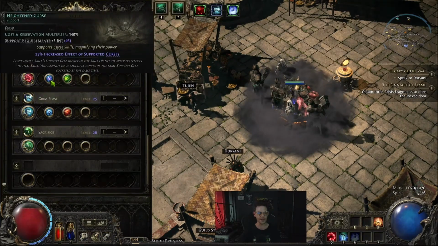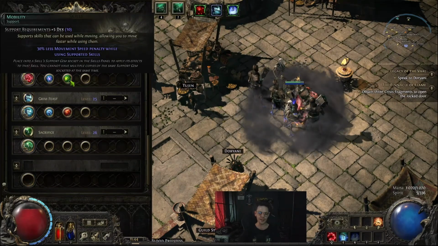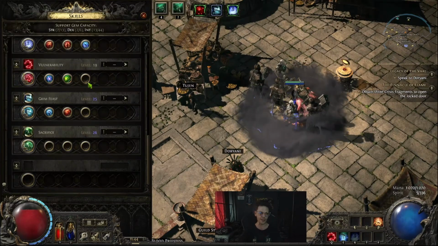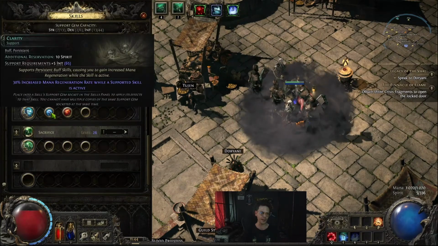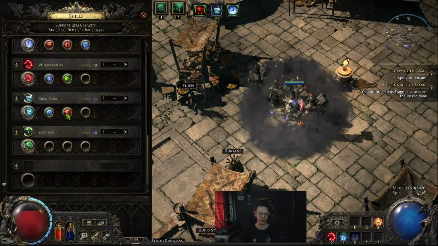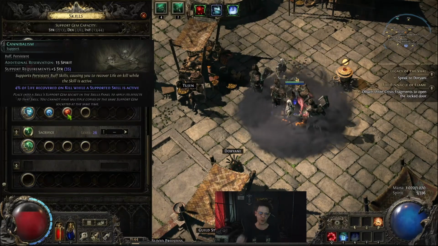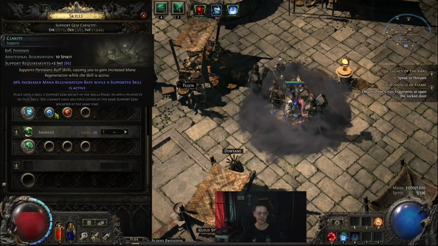And then along with this, I'm using the increased effect of supported curses and mobility. This is just a quality of life thing. You can put anything else that you want in here, really. And then Grim Feast is whereby we get our remnants from. And with this, I'm using increased mana regeneration rate and cannibalism. You really don't need these. If you are short on spirit, you can end up socketing these out, as they are not really